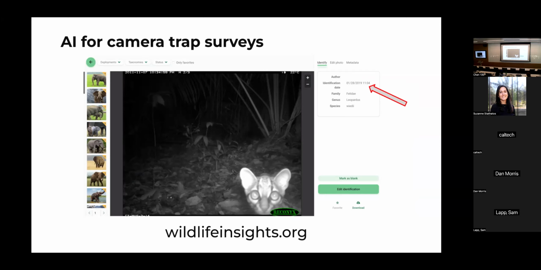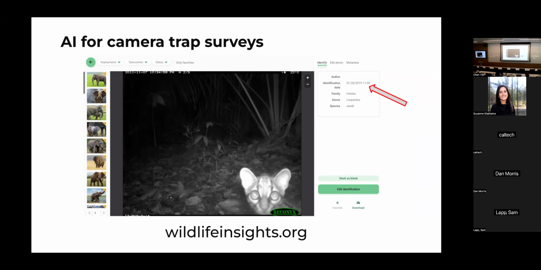So we were back to AI for boring data processing tasks, helping people spend their time on interesting things. The canonical example in this space that Sarah and I have both spent a lot of time on is AI for camera trap surveys. There's maybe nothing clearer where we know what the right answer is. There is an animal in this image. Let's use AI to help people be more efficient at this process.